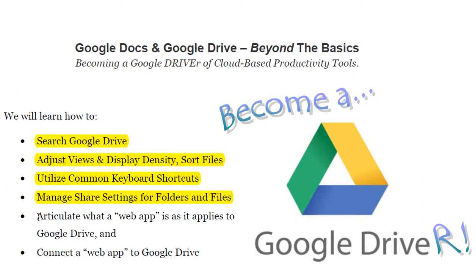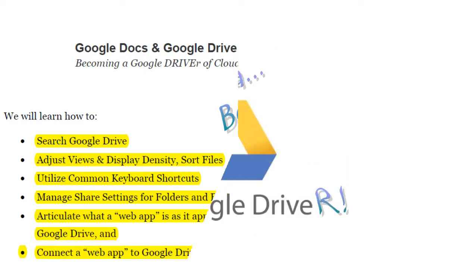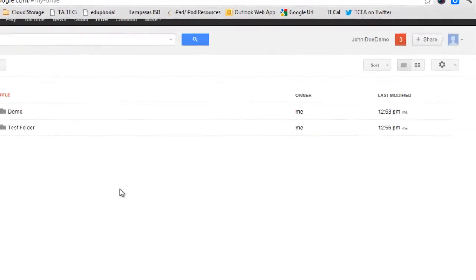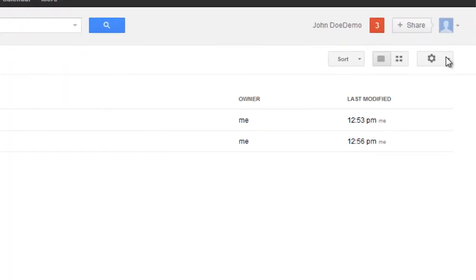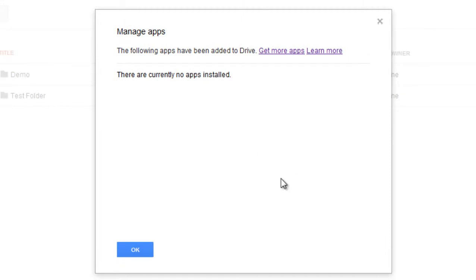All right, last thing we want to focus on are web apps. What are web apps as they apply to Google Drive, and how can we connect them to Google Drive? If we go over to Google Chrome, we'll notice from the drop-down in the top right-hand corner under Settings, we have Manage Apps. If I click on that, I'm going to see any of the apps that are installed for my Google Drive. And it says that there aren't any installed, so I'm going to go ahead and get more